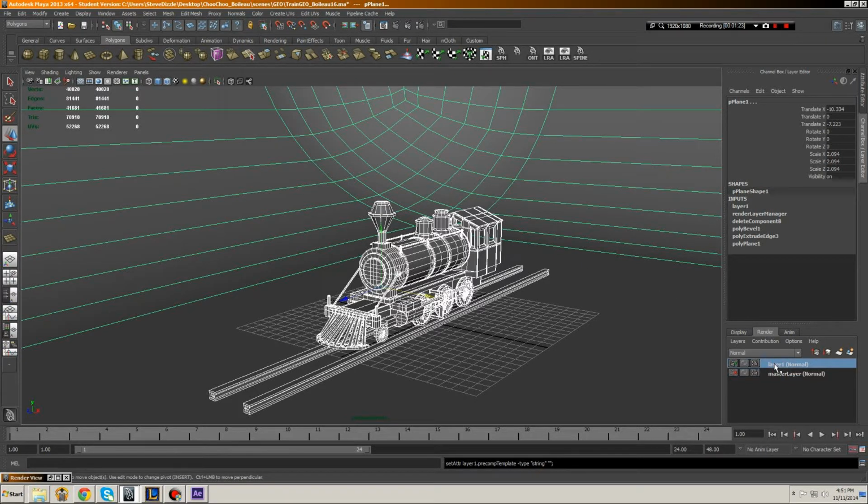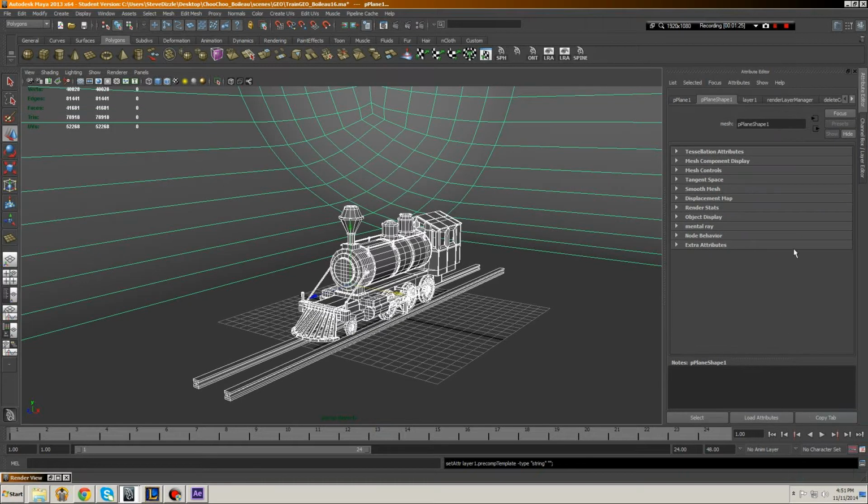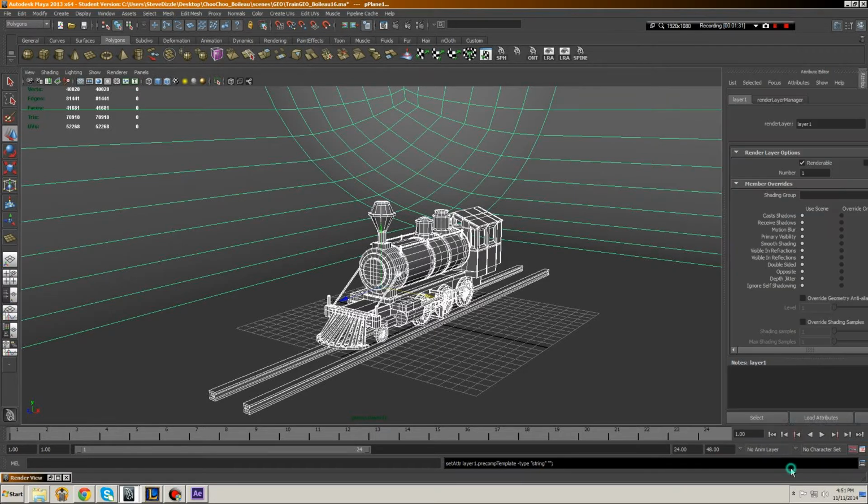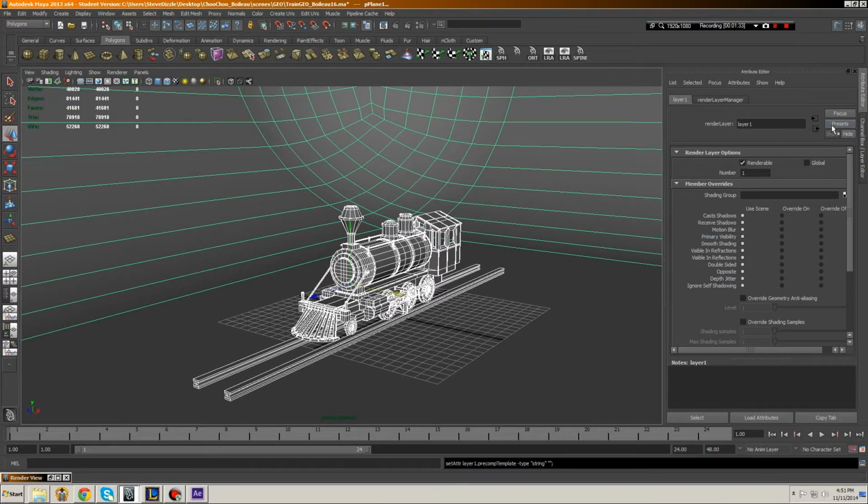So select Layer 1, right click, Attributes. Now it didn't take me there the first time, so go ahead and go back into your channel box and just do it again. And it'll take you right to it. Then you're going to go to Presets, Occlusion. Now if you can't find Occlusion here,